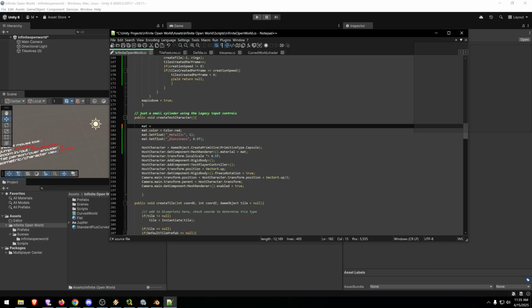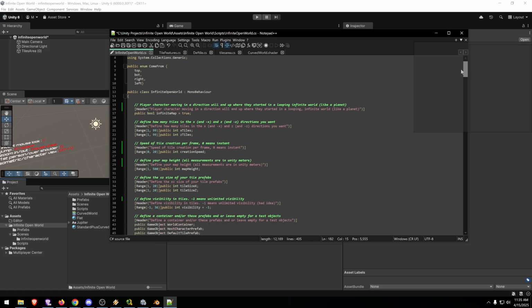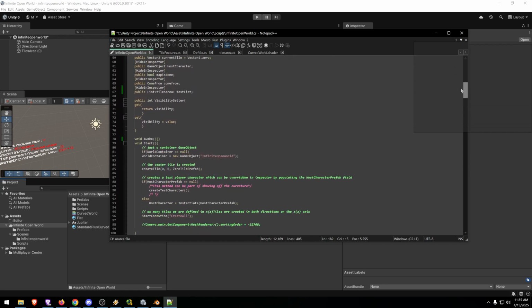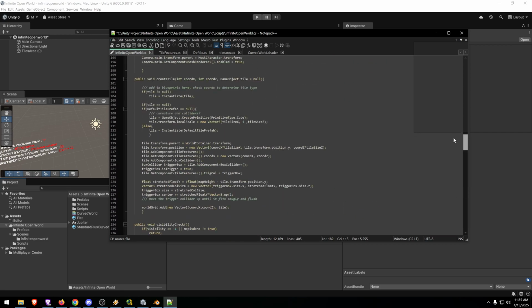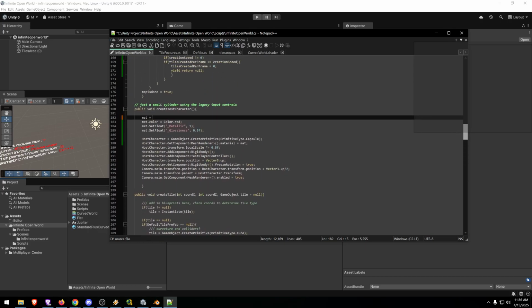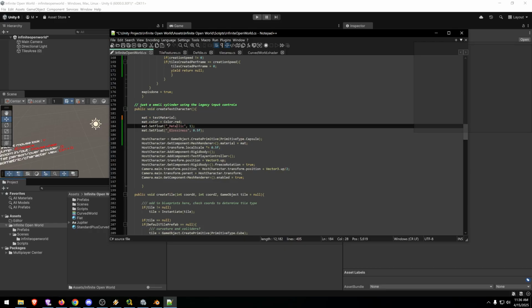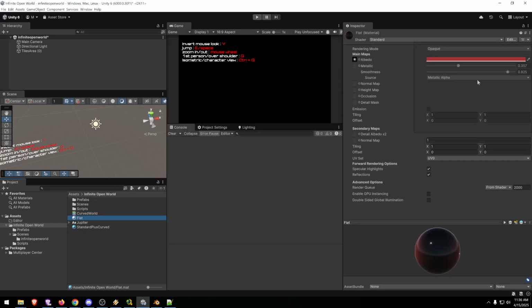Mat equals what we got there. What's it called again? Test materials. I think it was called test material. Material equals test material. Color red. Yeah, we're gonna make it red. And we're going to make it